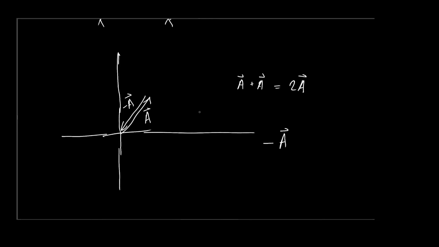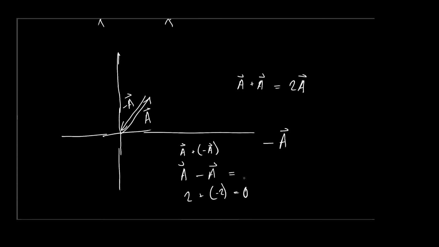Now, what is the result of this A minus A scenario? Vector A minus vector A. Well, technically, 2 plus -2, which is what's happening here, right? It's just A plus -A that's happening here. It gives me 0, right? So vector A minus vector A, or vector A plus negative vector A,